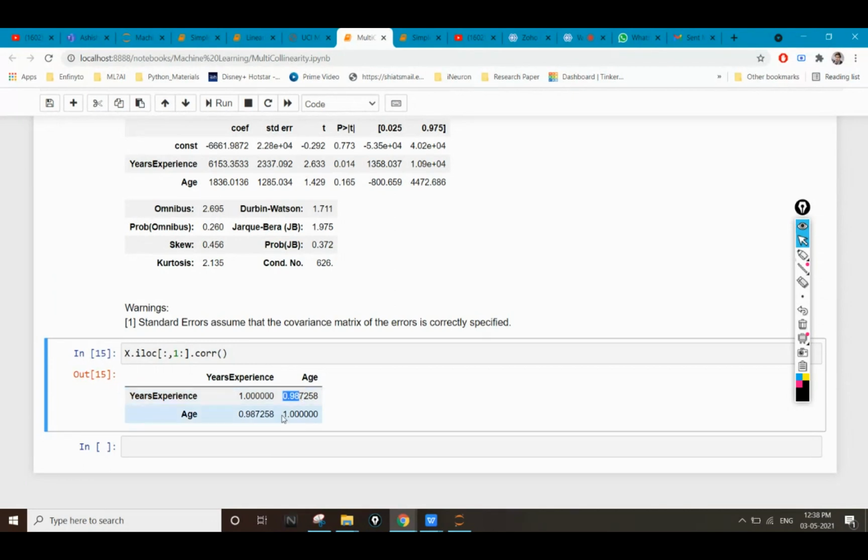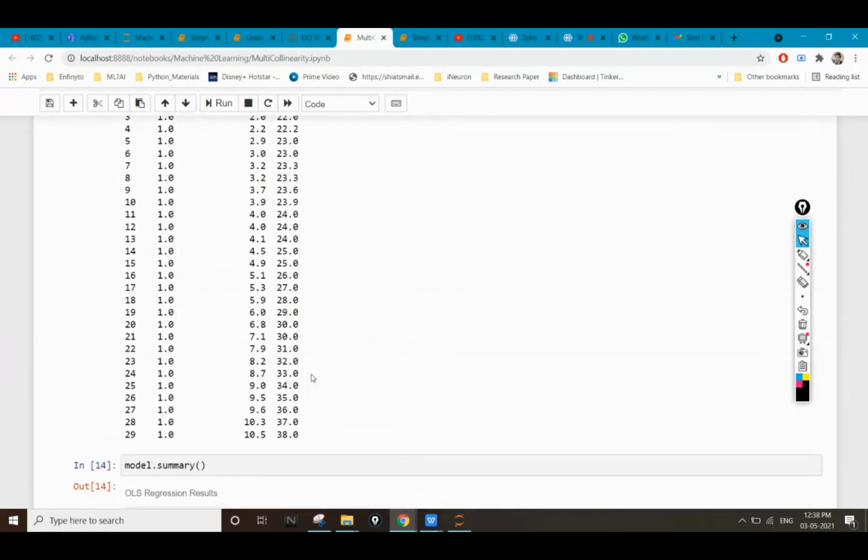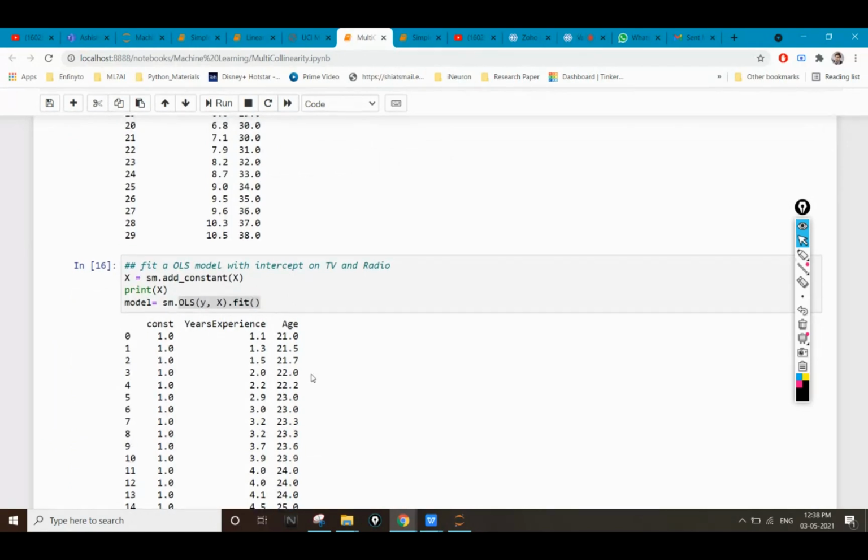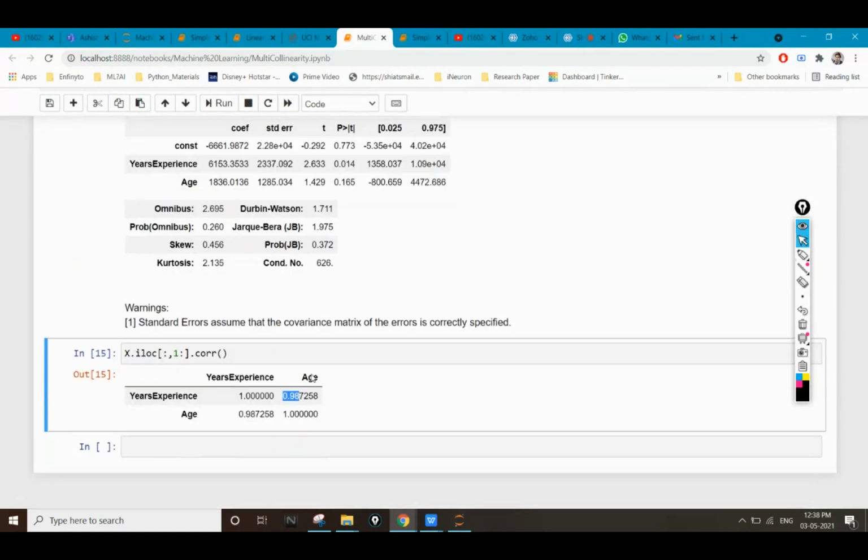So what we can do in this case is drop this age feature and again calculate the model summary, the OLS. Then we see there's only a minute change in our R square value.